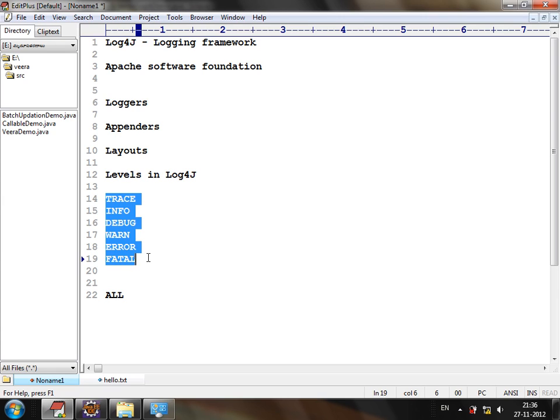That might be error or fatal, just because that breaks the application. Okay? Let's consider like